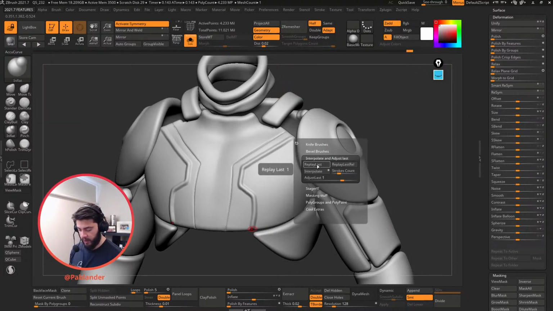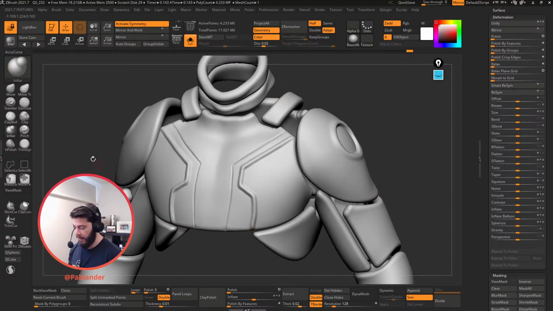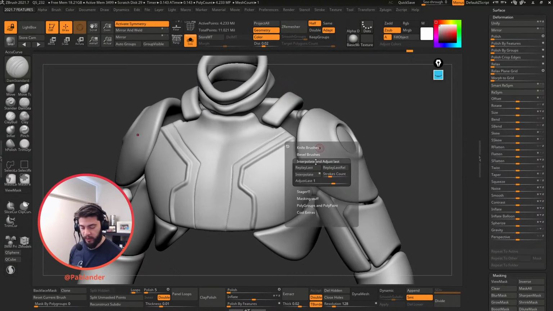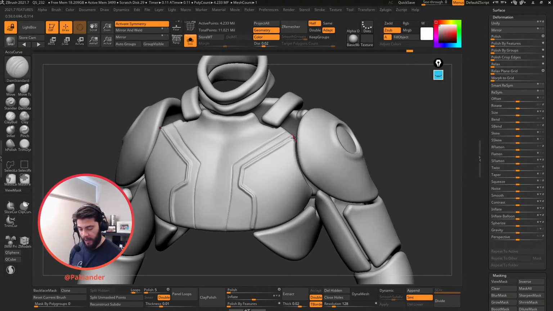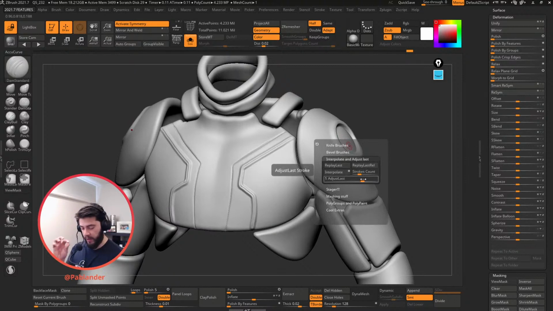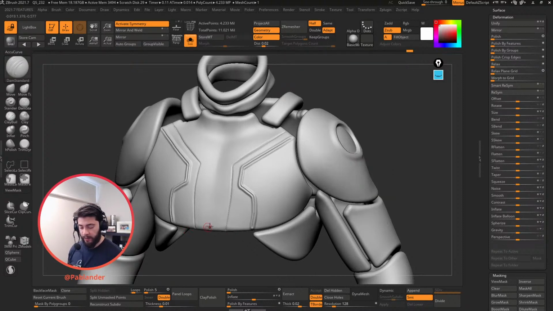I'm not entirely sure what effect I'm going for in this case, but you know what? Let's do that, and then let's do the Dam Standard brush as well. Repeat last, and now we have like an insertion in there that we can adjust specifically to that point. So we can adjust just that cut in that panel, right? Not only that, we can go back in time to, let's say,